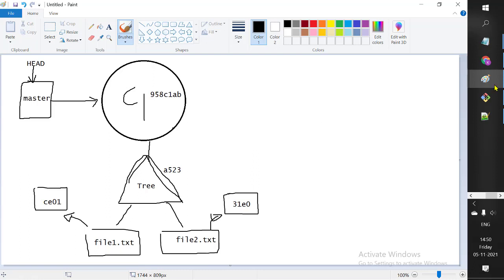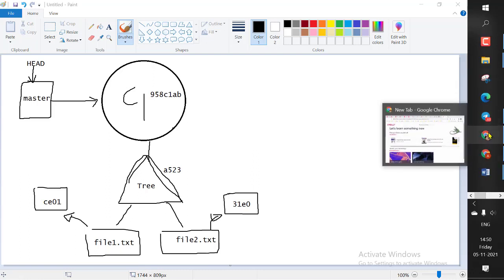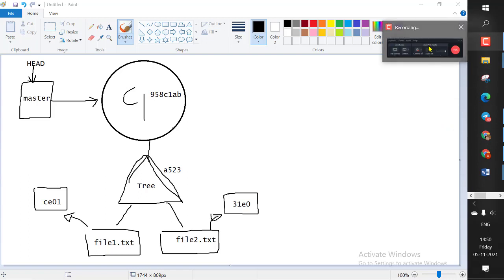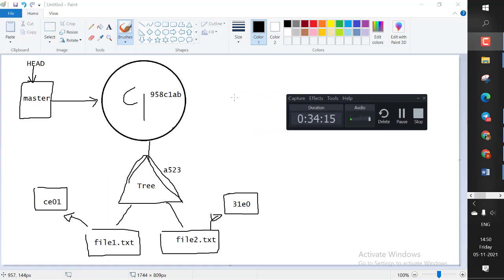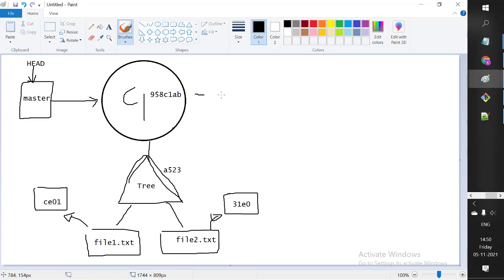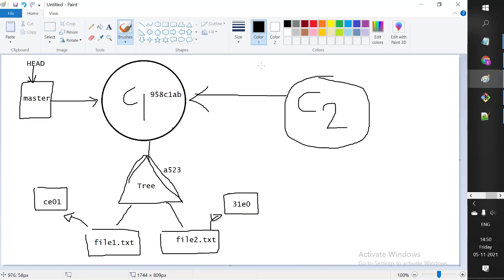I would like everybody to try this much, and take a screenshot of all the work you did. I will try to keep it short, otherwise it may be lengthy. Implement the first simple commit with 2 files. You can also add one more file and see what happens if I do one more commit. You have to draw the structure, you try that out. When you do one more commit, I'm not showing this, this is a task which you have to do. When you print the second commit,